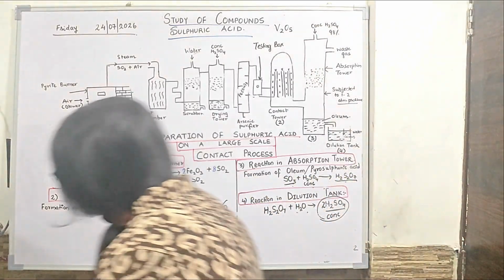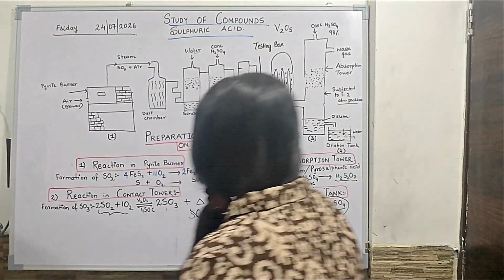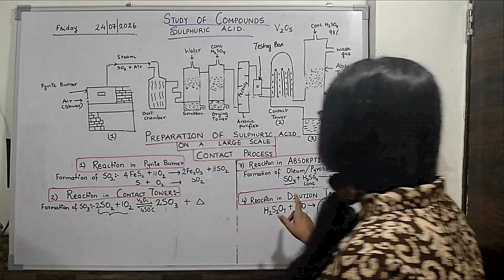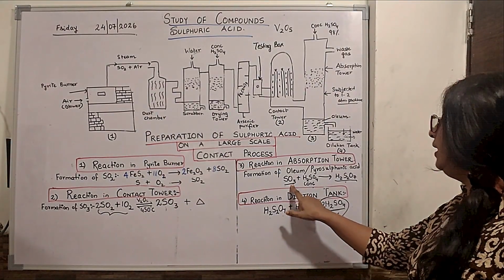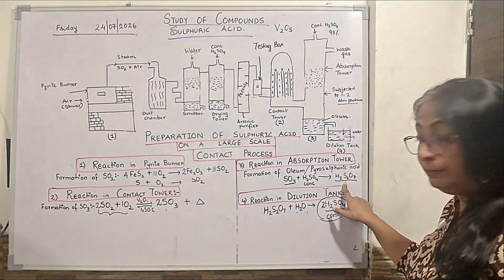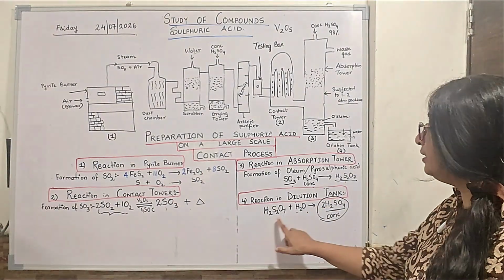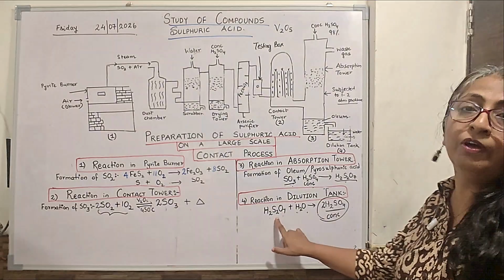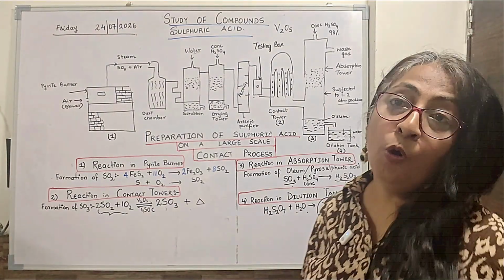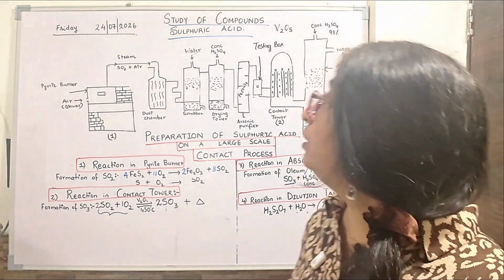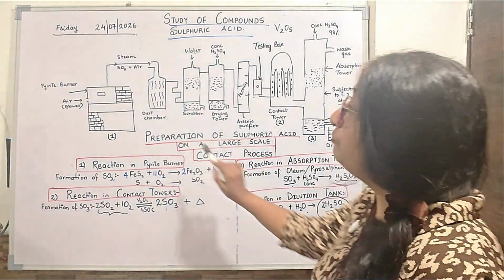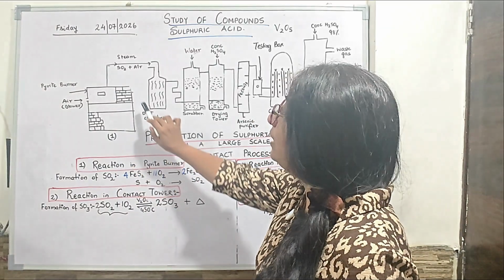So the most feasible way, the most doable way is the way in which we are dissolving sulfur trioxide in concentrated sulfuric acid forming oleum, and then in the dilution tank we are diluting our oleum into sulfuric acid. Okay, so I hope you all have understood the reactions that are occurring in different chambers, why our sulfur dioxide,